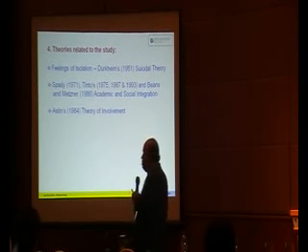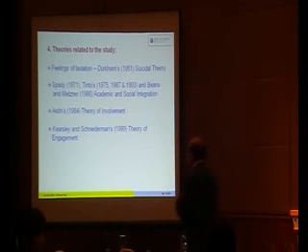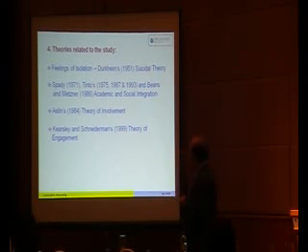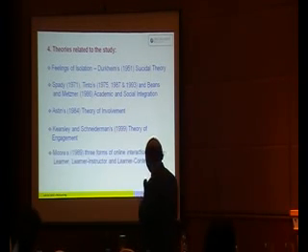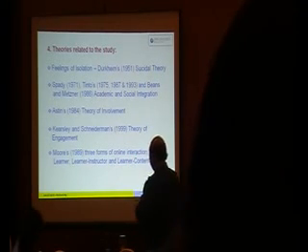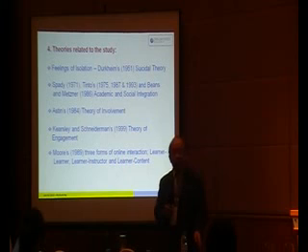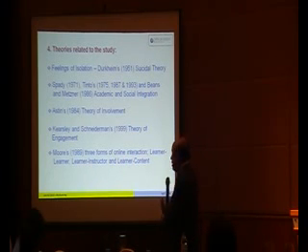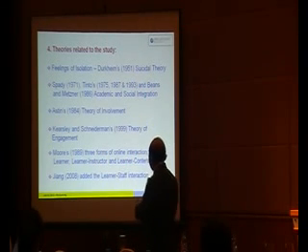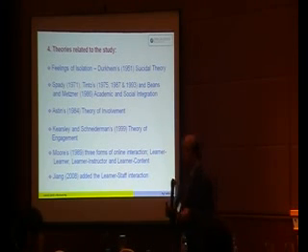I am also using Astin's theory of involvement, getting students engaged and involved, and also Kuh and Schuh's 1999 theory of engagement. These two are very powerful theories that help me to develop my conceptual model, which I'm going to show after this. And as I mentioned just now, we have to measure the interaction of students. This is based on Moore's suggestion, where he says the interaction online is based on learner-learner, learner-instructor, and learner-content. But there's another researcher, Jiang, 2008, who came up with one more additional item, the learner-management staff interaction, which I think is important. When the student has a problem, what kind of problem? Usually related to